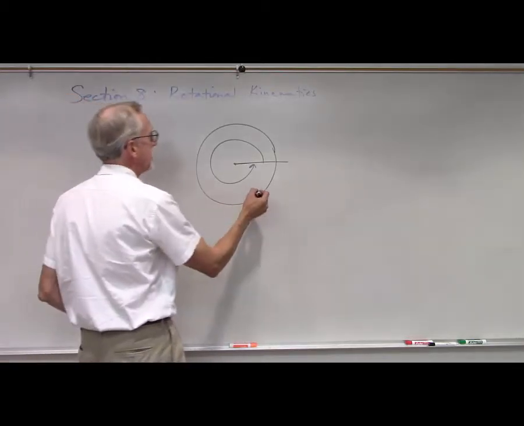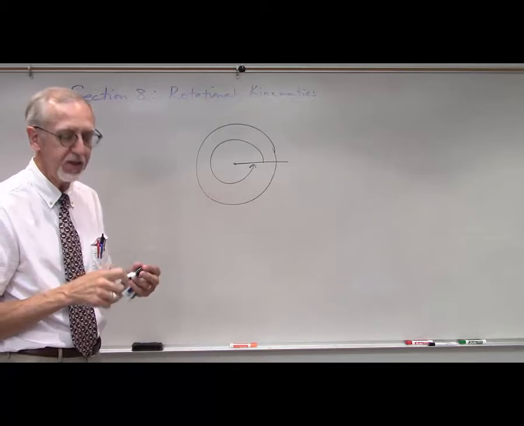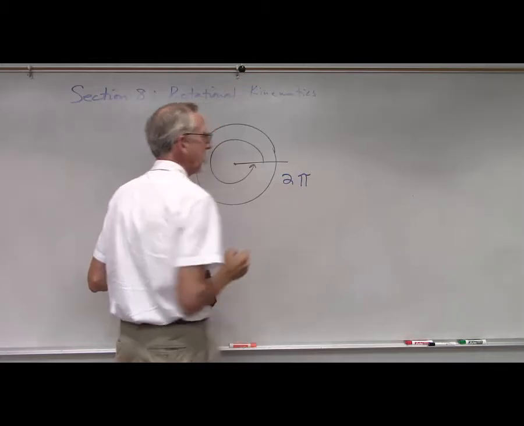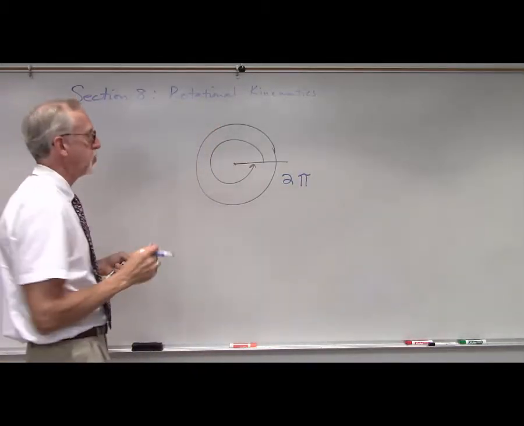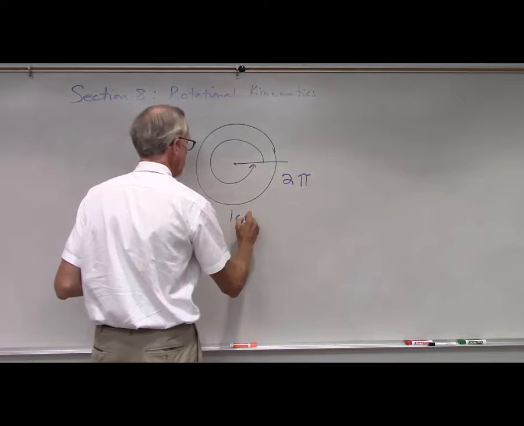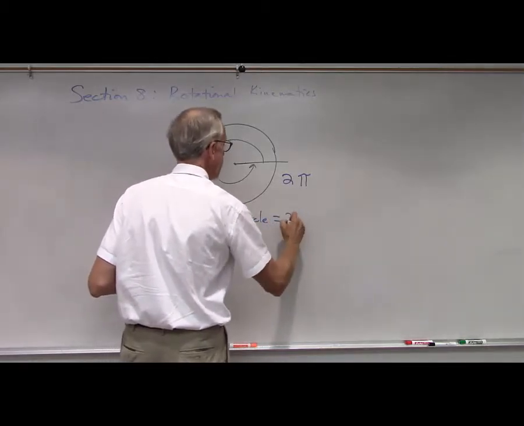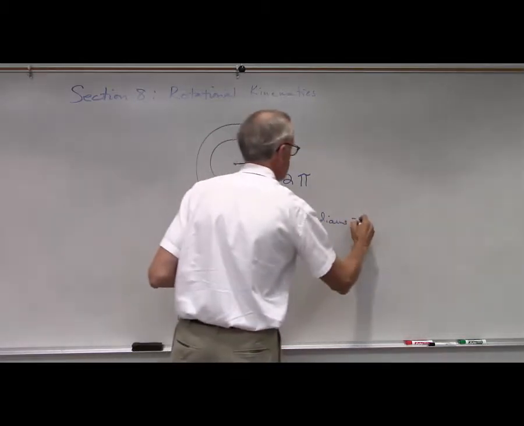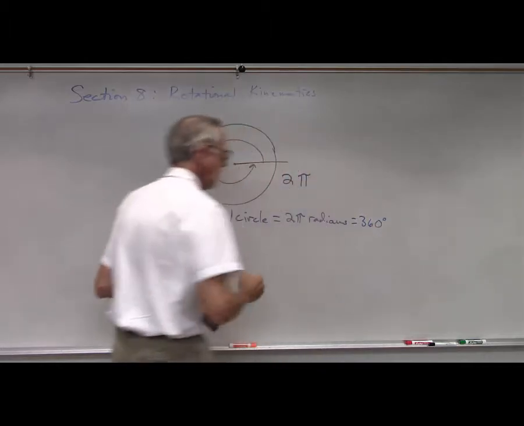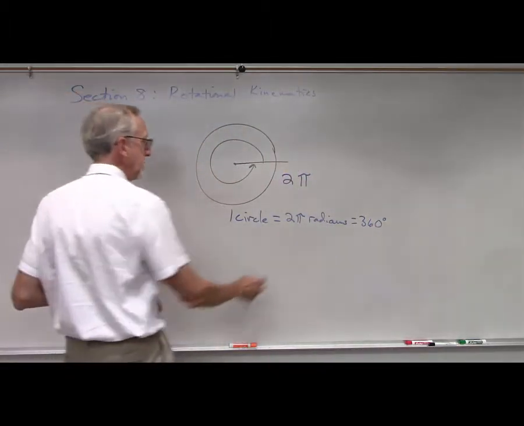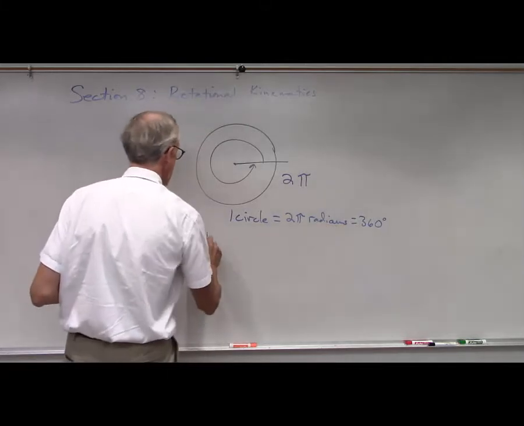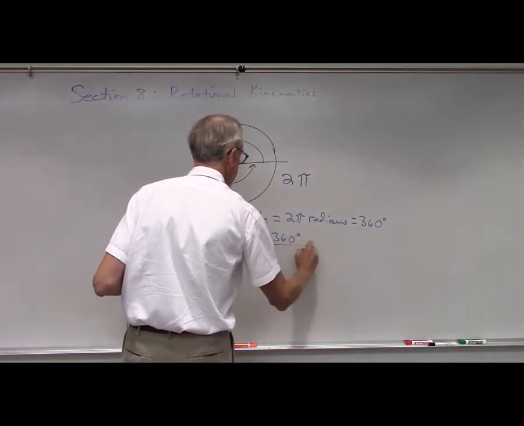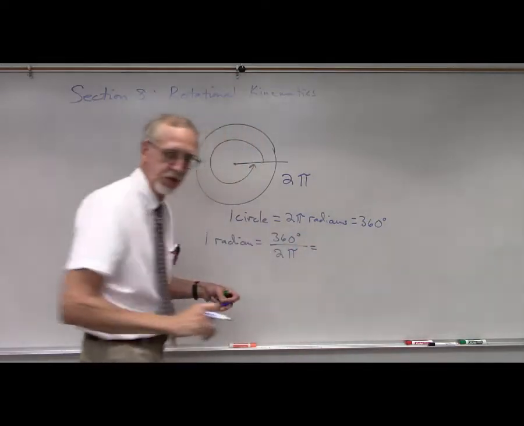But we can actually measure or divide the circle into any quantity that we want. If we divide it into 2 pi parts, then one of those parts is what we call a radian. So one circle we can think of as being divided into 2 pi radians. Well, if that's also equal to 360 degrees, we can get an idea of what 1 radian is. If we divide both sides by 2 pi, 1 radian would be the same as 360 degrees divided by 2 pi, which turns out to be